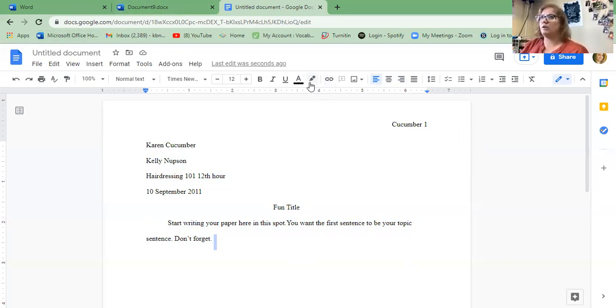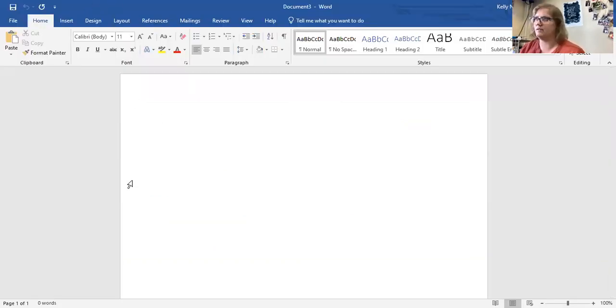Let's say I'm working on a Microsoft Word, but I have the app installed on my actual computer. For that, you're going to open up a new Microsoft Word document. It'll look something like this, depending on the version of Microsoft Word that you're using. You're going to, again, start by typing your name as the person who wrote the paper, the teacher's name, the class period that you're in,